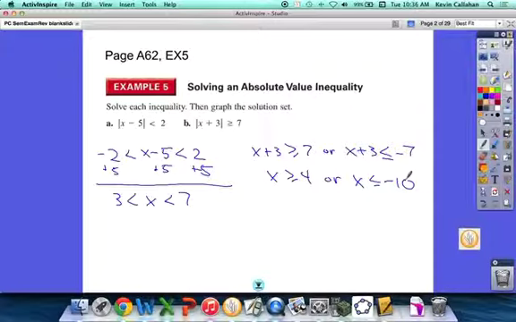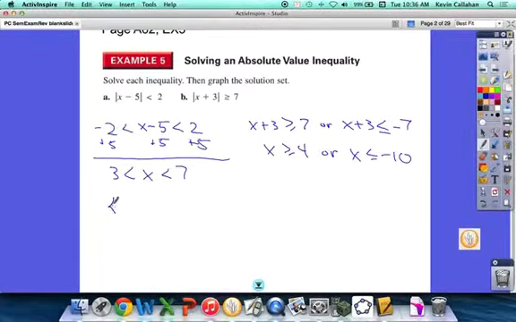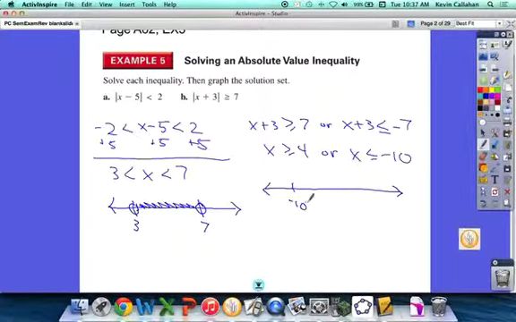Right? The graph of the one on the left has a 3 on the left, a 7 on the right. It's open circle on both because it's not or equal to, and it's shaded in the middle. It's shaded in between 3 on the left, 7 on the right. Right. This is -10 on the left, 4 on the right, closed circle because it is or equal to,